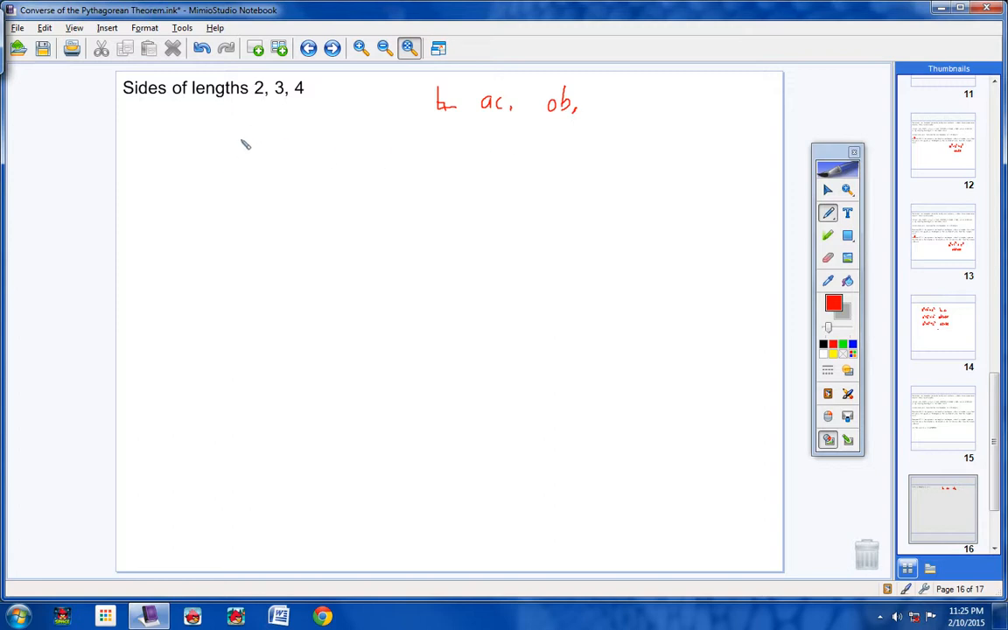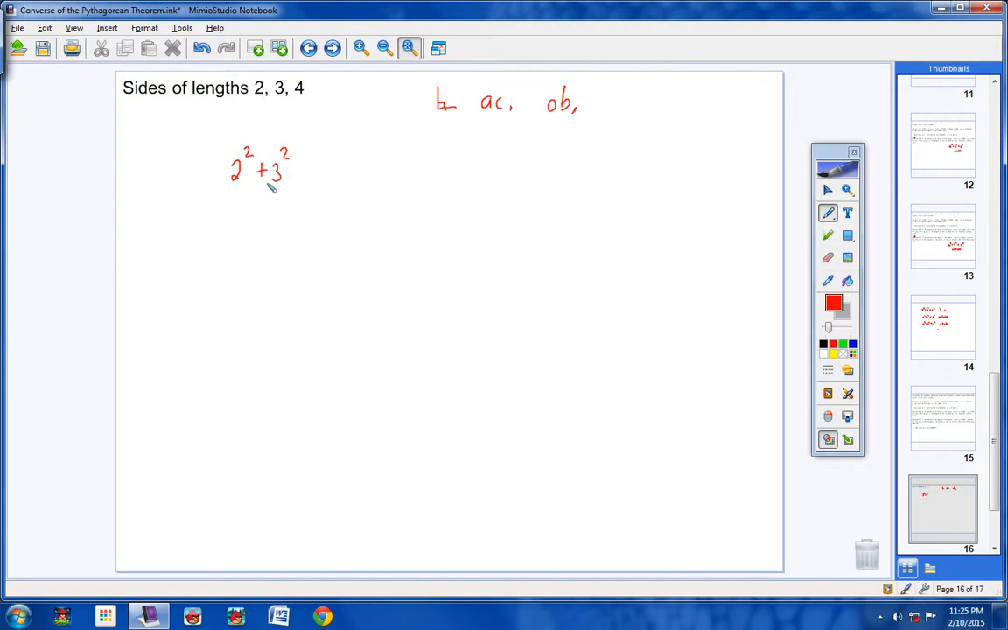First of all, let's make sure we have a triangle. Take your two smallest sides, add them together, and they have to be greater than the third side, and they are. 2 plus 3 is 5, so we know that we have a triangle. Next, let's see if it's acute, obtuse, or right. So take the two smallest sides,